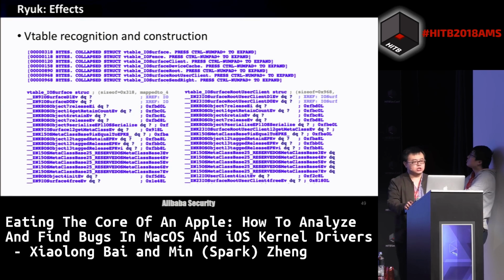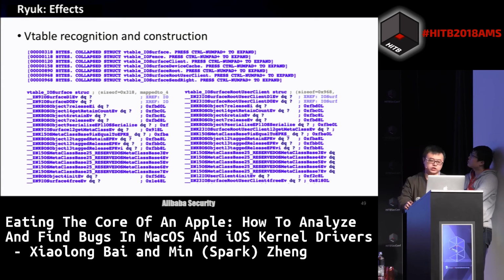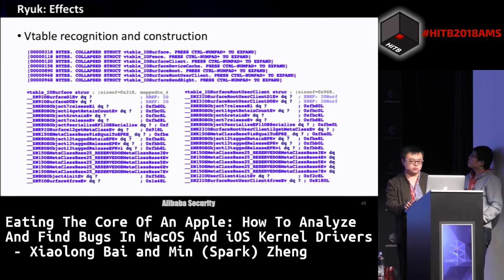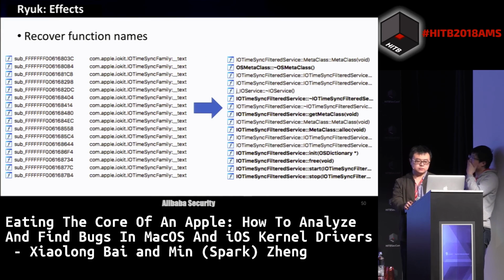And further, with this vtable recognition and construction feature, we create structures representing these vtables, and we can see that there are a lot of virtual functions in these vtable structures. These member variables are all function pointers. So further, with the feature of recovering function names,